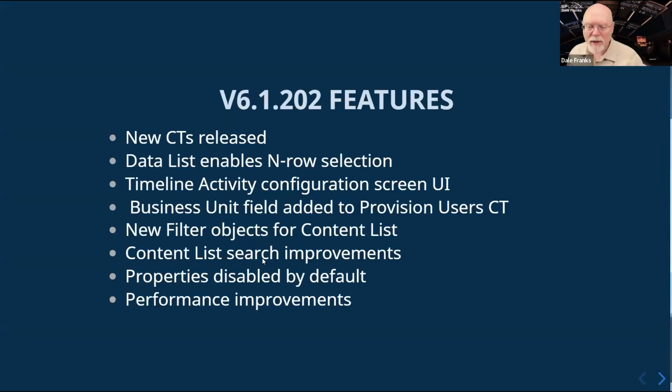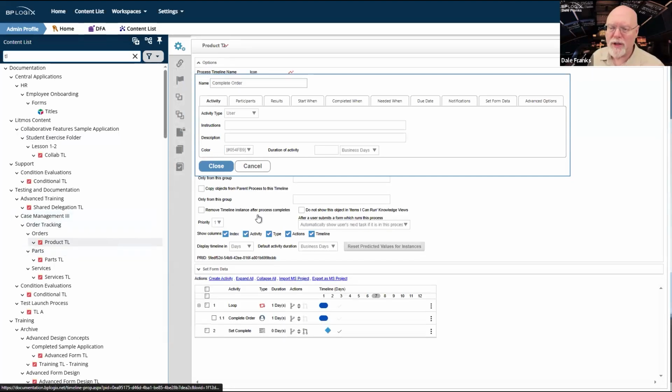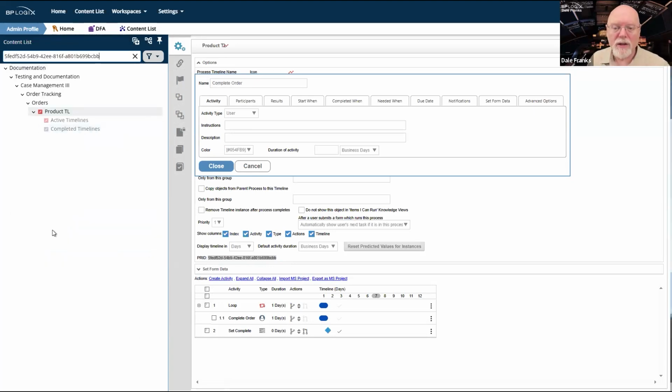Some improvements in content list search. We talked about that I believe last time as well, where if I want to search in the content list and I want to pull, since I have something open here, let's pull it. I have the process ID, which is its GUID. So if I knew what the GUID was, and I wanted to find a specific item, I could just find that item.